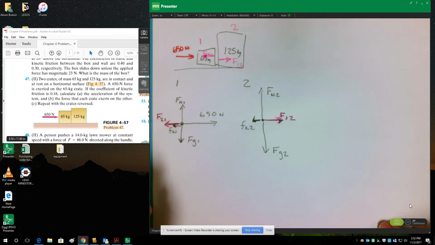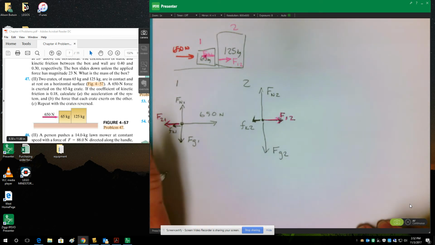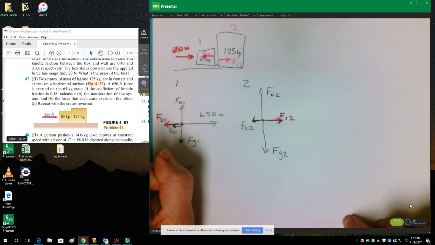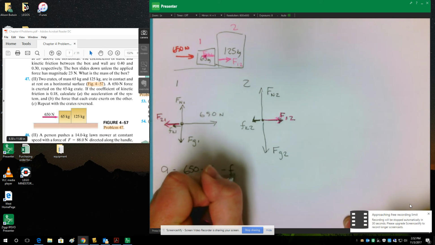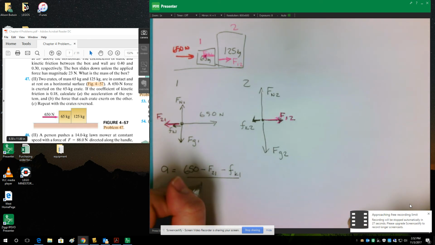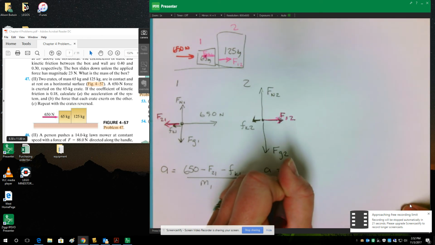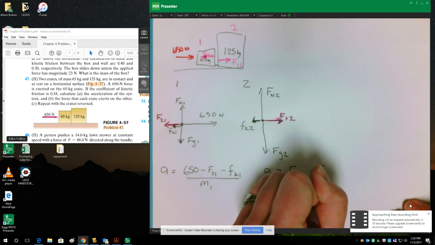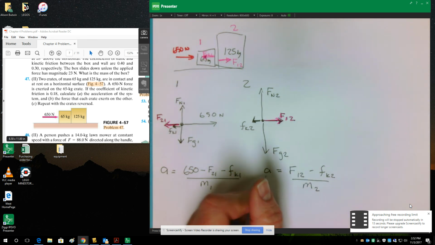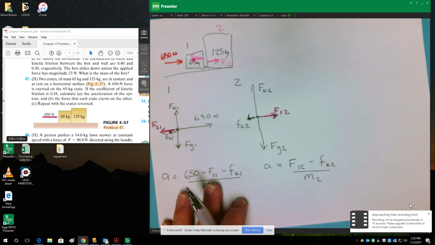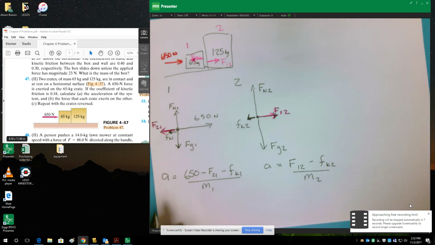Now I can apply Newton's second law to either or both blocks. I can say the acceleration of block 1 is 650 to the right, minus F21 to the left, minus, because it's also to the left, the kinetic friction on block 1, divided by the mass of block 1. Or the acceleration of block 2 is equal to, to the right, F12 minus friction on block 2, divided by block 2's mass. We know the acceleration from part A. Acceleration is 1.764 meters per second squared. Looking at the two equations, the block 2 equation has fewer terms. So I'm going to go ahead and solve the